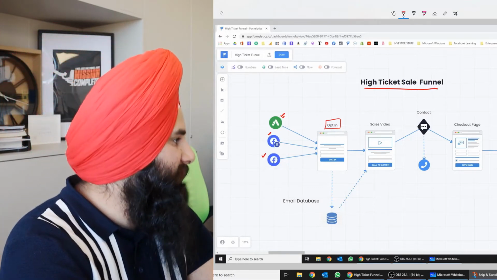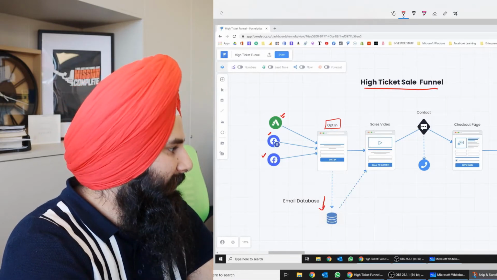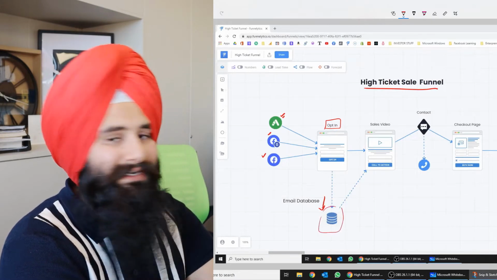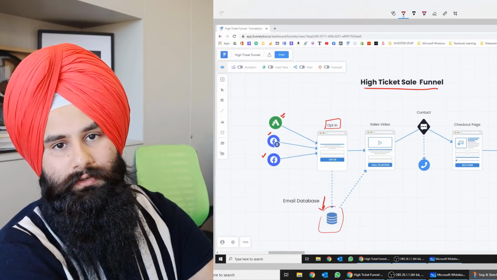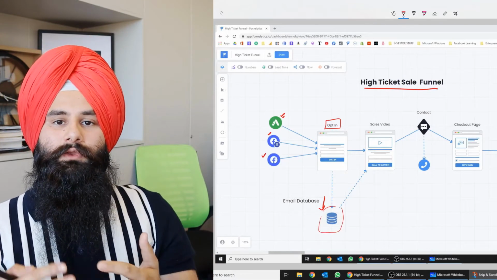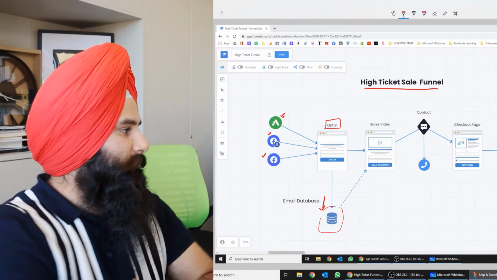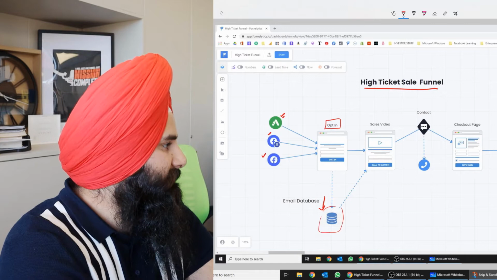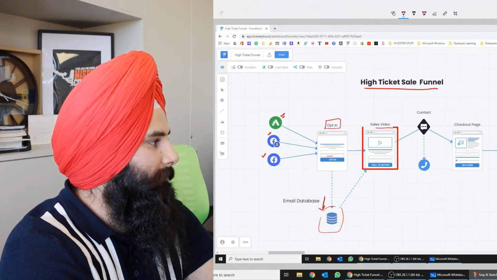In exchange, you get their email, then the email autoresponder will directly send that free cheat sheet which you committed to the visitor. So this is how you make your first step. But now the most important thing is, once they enter the email, they will be redirected to your sales page.